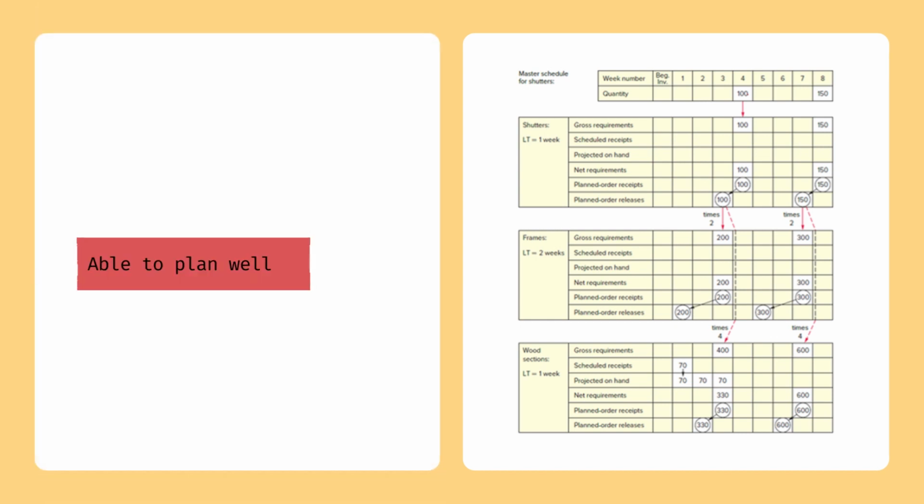Lastly, we're able to plan well. So at the end of the day, we're able to send the end product to our customer on time. From here we can see that we have given some lead time for each component so that we're able to keep well and plan well. And from there, if we plan well, then customers will keep coming back to us